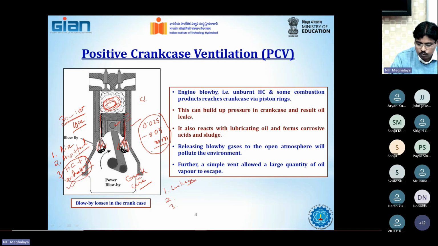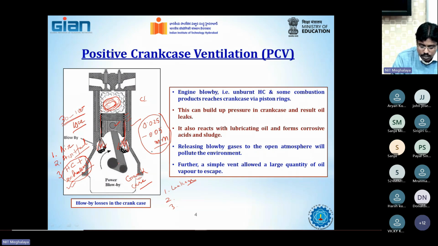Okay, leakage problem can arise. So this is the first problem. The second problem is that because of this hydrocarbon coming during the stroke, especially the combustion stroke and the exhaust stroke, the gases